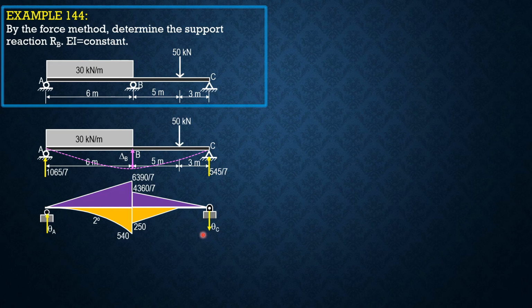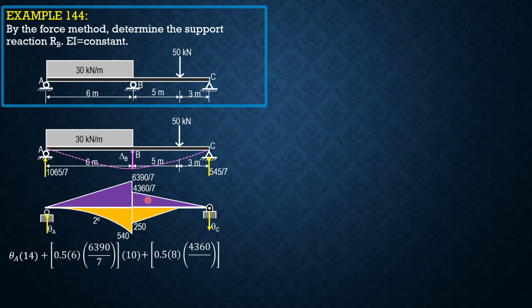By conjugate beam methods, we sum up moments about C. So theta A times 14 plus the moment of this area, 0.5 of 6 times 6390 over 7. 1/3 of 6 is 2 plus 8, so 10. Moment arm is 10. Plus the moment of this area with respect to C, plus 0.5 of 8 times 4060 over 7. 2/3 of 8 is 16/3. Minus the moment of this second degree